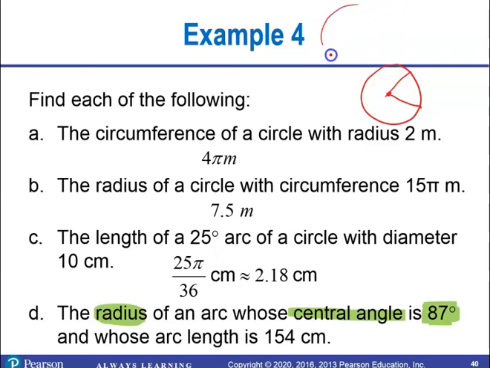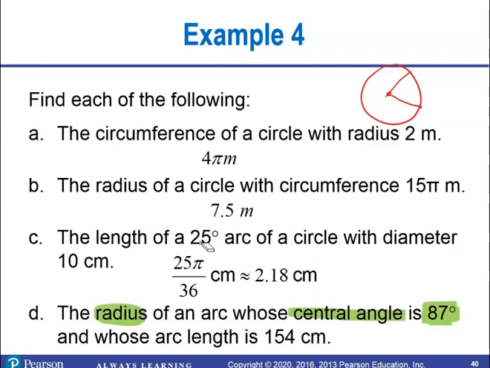If I had some kind of angle like this, we would have different work to do. It would not be the same formula, okay? All right, so central angle, I've been just assuming, right? Even this one, the length of a 25-degree arc, it didn't say a central angle, but that is a central angle. Okay, all right, so the radius of an arc whose central angle is 87 degrees and whose arc length